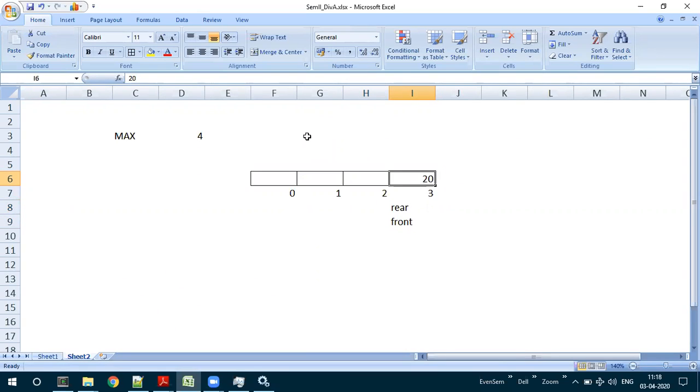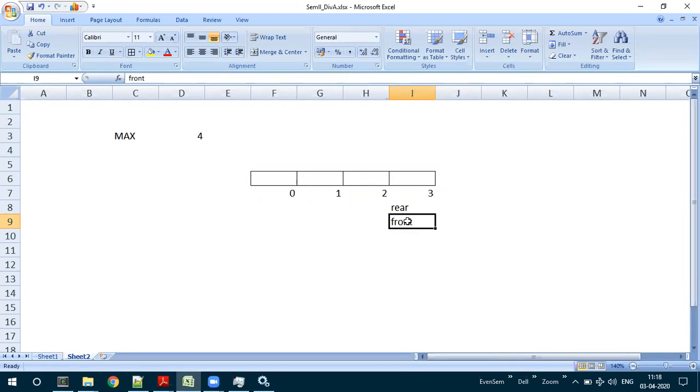The 20 I want to delete here. So 20 I will be deleting here. Okay. After deleting 20, what should I do with respect to rear and front? Change the index number. Change the position to 0. But 0 is over here, right? It is the first.